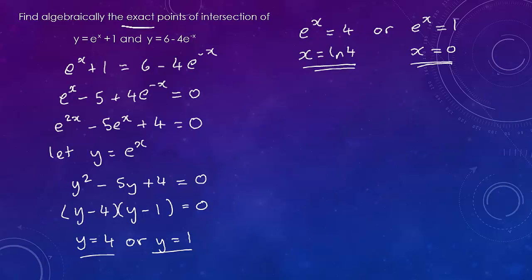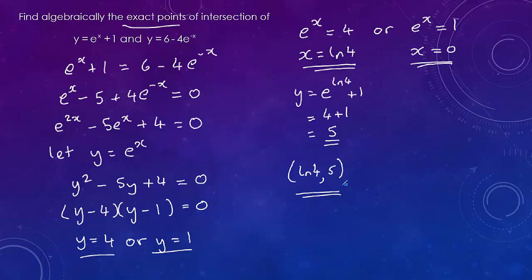Now we want the coordinates. So if x is ln 4, I'm going to say y is equal to e to the ln 4 plus 1. Remember that the exponential and the log are inverse functions, so that's just 4 plus 1, which is equal to 5. So we can say that one of the points is ln 4,